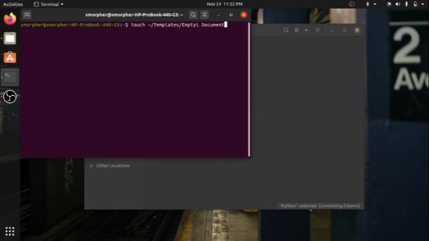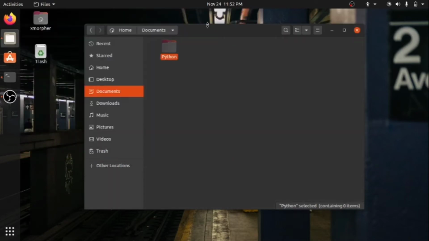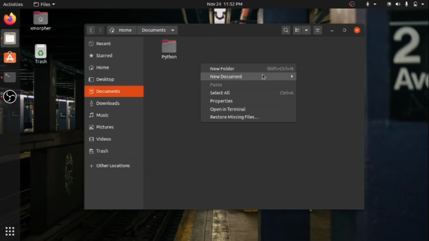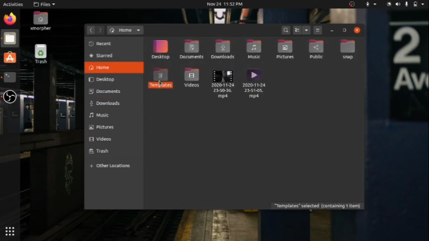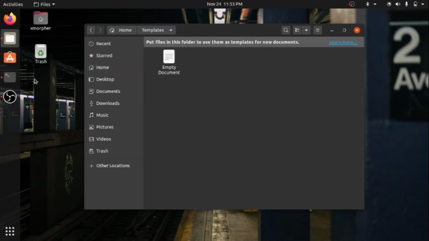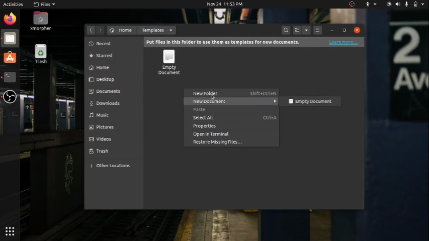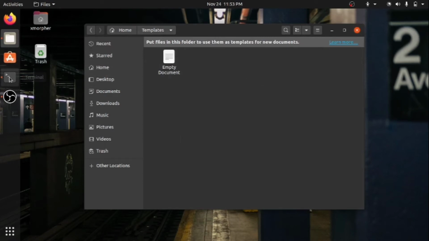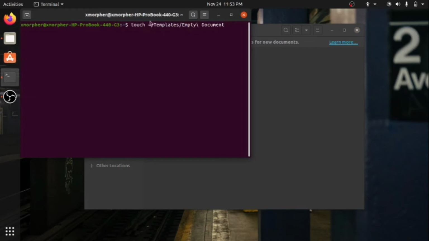I will open my terminal, and one thing is that with the latest Ubuntu operating system, when you right click you won't get the new document option. So for this, in our home folder and in our Templates folder, we will create one empty document, so that we can get the right click new document option in every folder. So we'll go to our terminal and we'll type touch and this